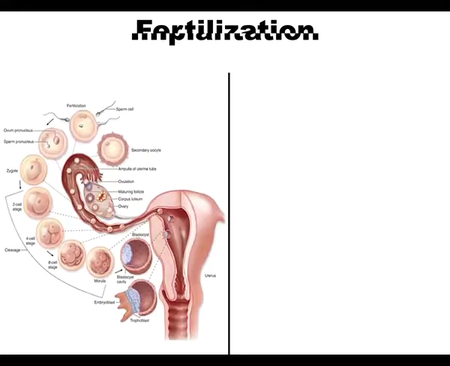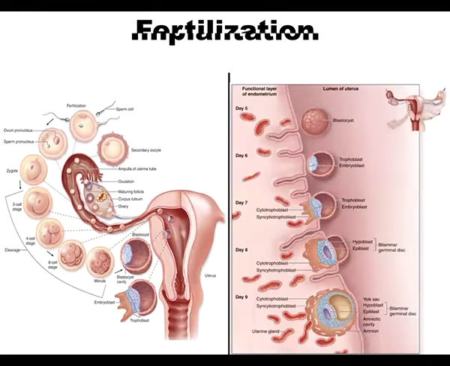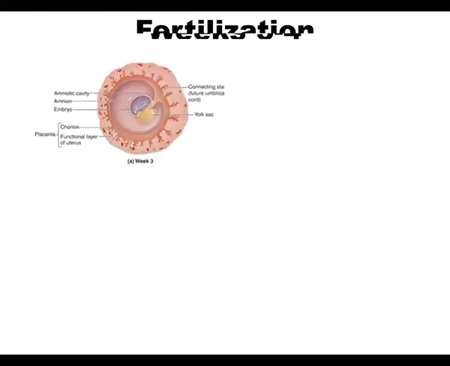In weeks 3 to 4, especially in week 3, the embryo develops the amniotic cavity and the amnion around the embryo. And you can see a well-developed yolk sac. The embryo now is connected to the uterus by the future umbilical cord, which is called the connecting stalk. The whole embryo is surrounded by a functional layer of the uterus and the chorion, which constitute the